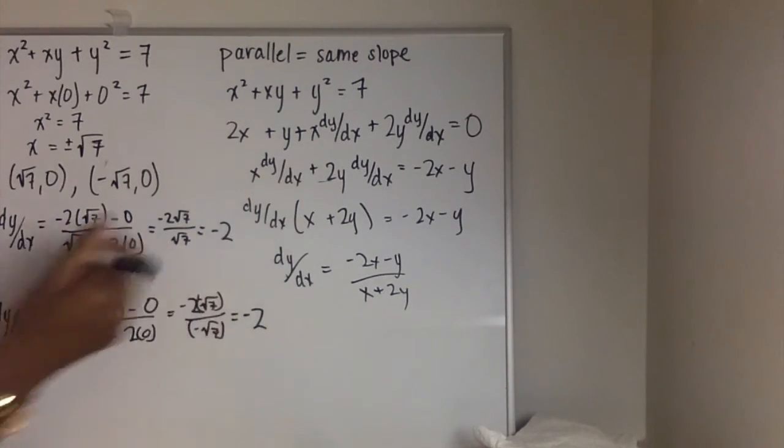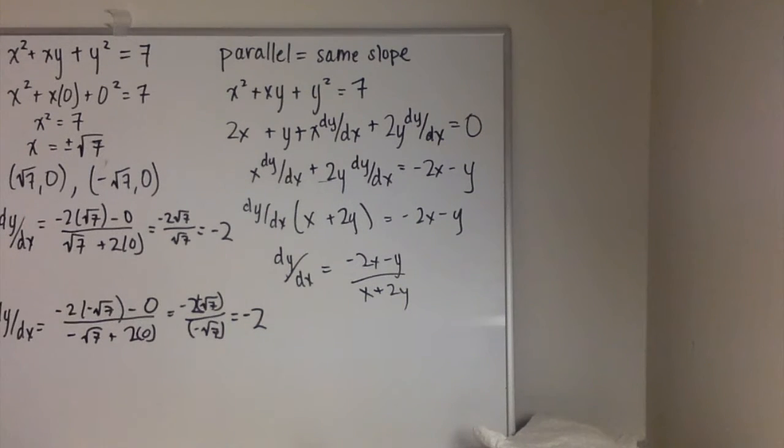Therefore, since the derivative at these points is the same, that means the tangent lines at these points are parallel. And the same slope that they share is